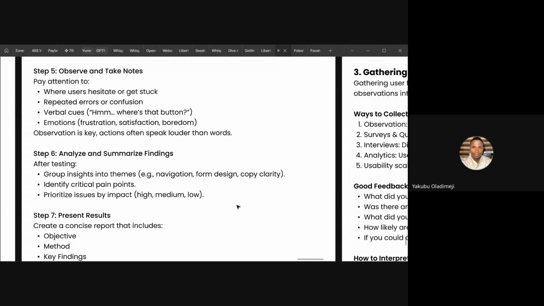After testing, you group insights into themes, that is navigation, form design, copy clarity, and you identify critical pain points from your feedback. You prioritize issues by impact, either high, medium, or low. Then you go to